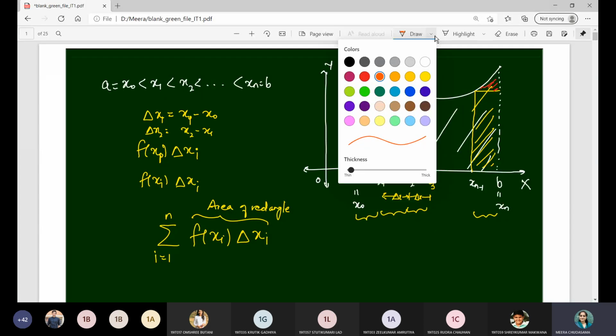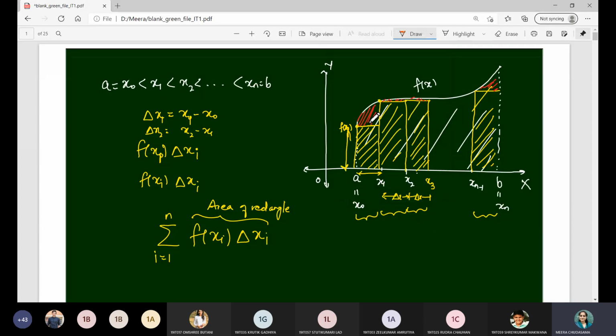In that case, the corresponding area will be, the first rectangle will be this one, whereas for the second one, now this part is included. That means if you consider the error part, it is this one, which means it is minimized. Similarly, if I further consider a partition of this rectangle, you can see that the area error will be further minimized.